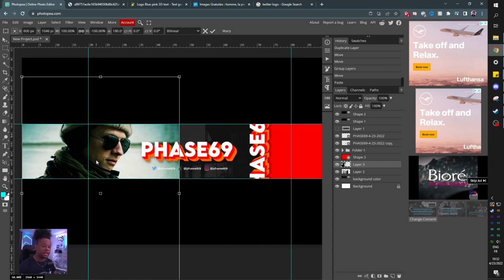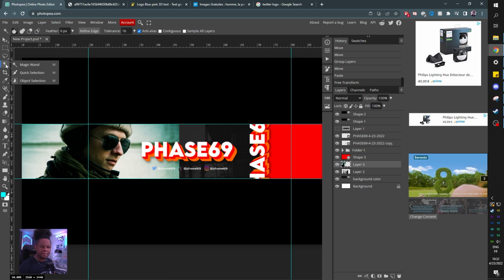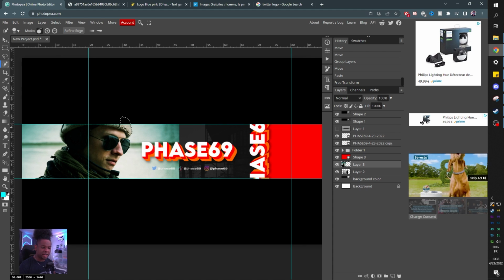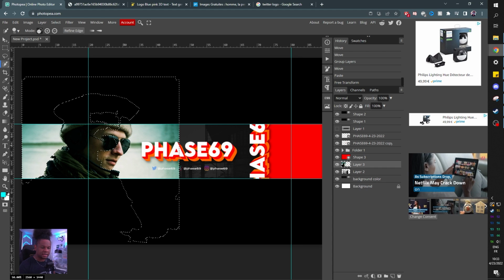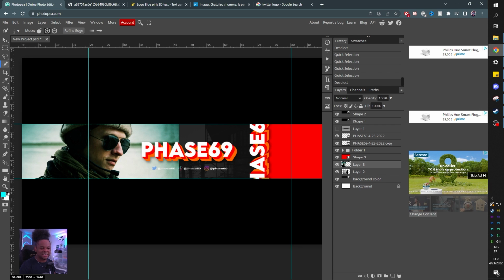Let's click Enter. And now I kind of want to select the character and separate it from the background. So I'm going to go find near the magic wand tool. I'm going to click on quick selection and I'm just going to click and drag slowly until I feel like it is selecting my character. As you can see, it's easy to mess it up. You can press Control D to deselect and start over again. Or you can just go click by click, and it doesn't seem to be working.